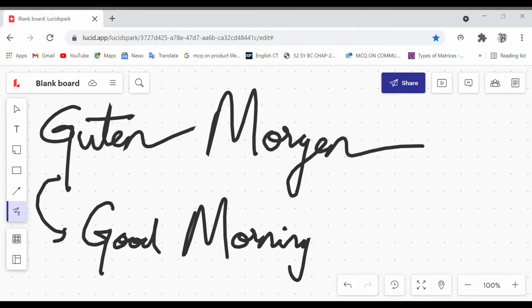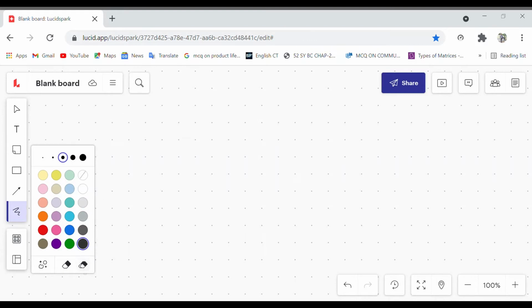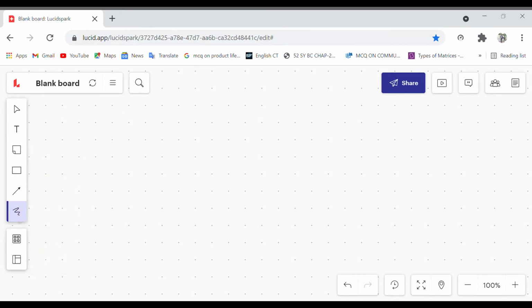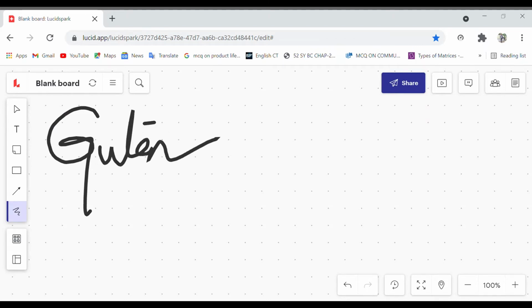Let's move on to the next. Take a screenshot. Next comes afternoon. So how can you say good afternoon? The word for good afternoon is Guten Tag. Guten Tag is for good afternoon.